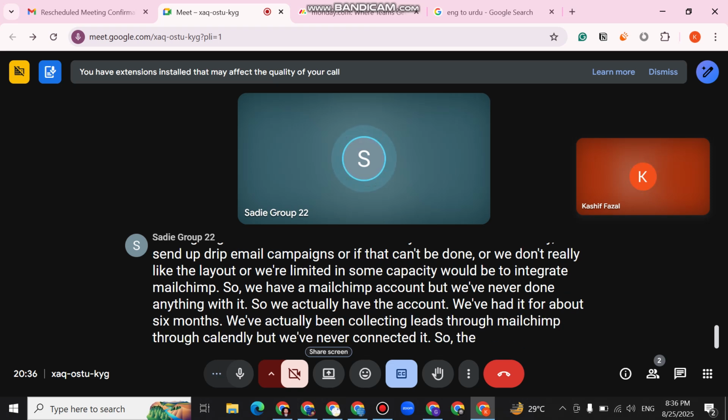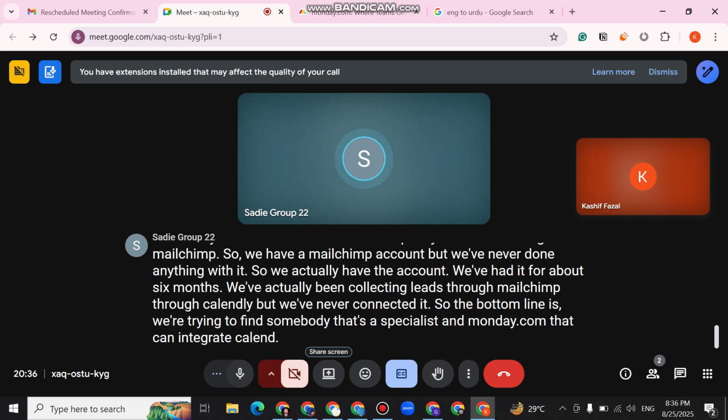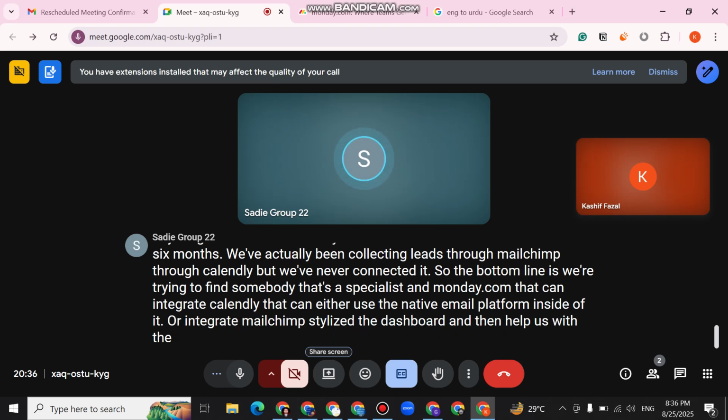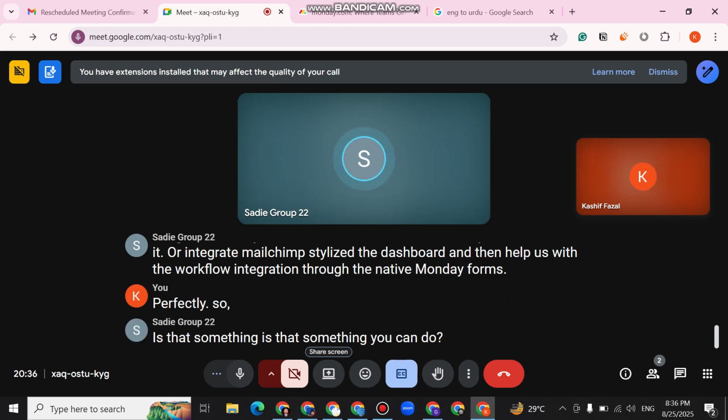So the bottom line is we're trying to find somebody that's a specialist in Monday.com that can integrate Calendly, that can either use the native email platform inside of it or integrate MailChimp, stylize the dashboard, and then help us with the workflow integration through the native Monday forms. Perfect. Is that something you can do? Yes,